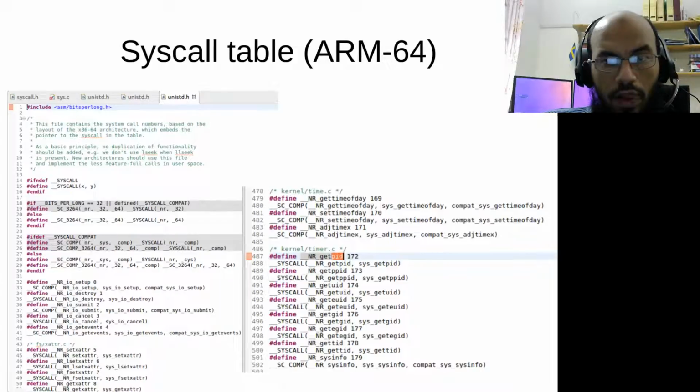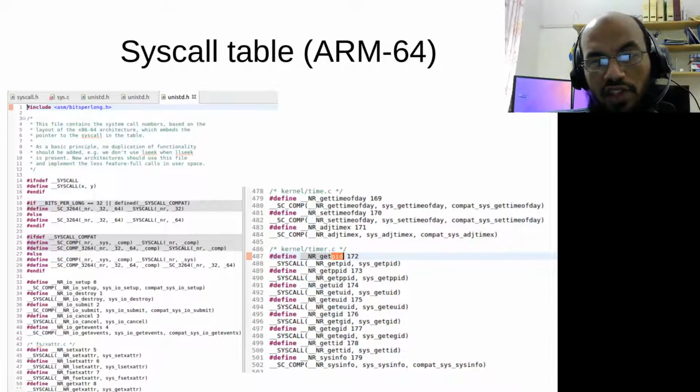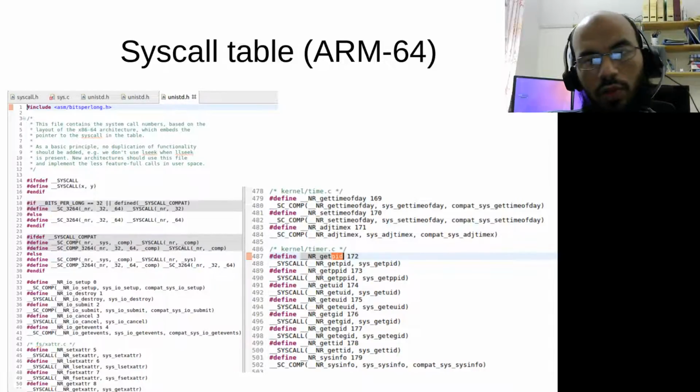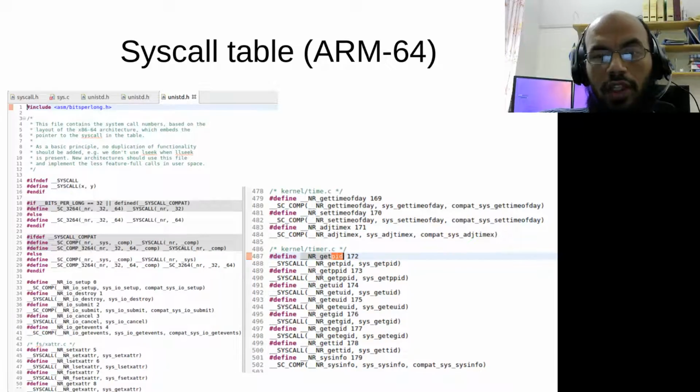Okay, and since we have been talking about getpid a lot, this is the definition for the syscall number for getpid, and it's 172, and this is a standard. So when you define your get_data, that's cool. You call it whatever, but say that in your assignment you're going to use the name get_data, then you would need to define the new number as __NR_get_data